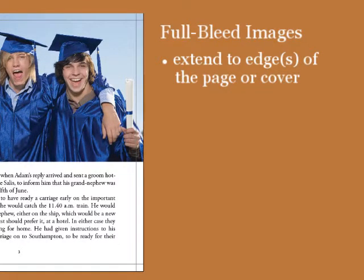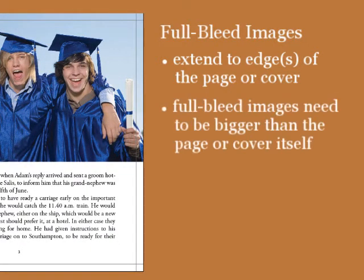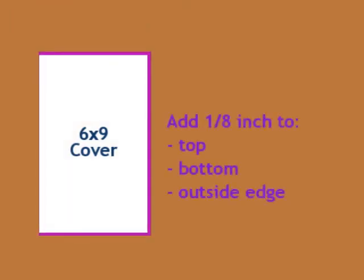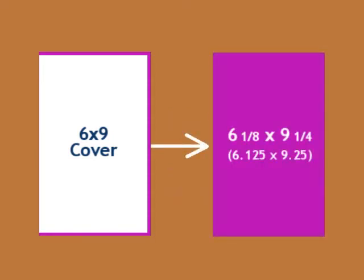If you want an image to be full bleed, you'll need it to be slightly larger than the page or cover itself. To determine the size your full bleed image should be, add 1/8 of an inch to the page or cover's top, bottom, and outside edge. For example, if you were publishing a 6x9 book, a full bleed image will need to be submitted at 6.125 by 9.25